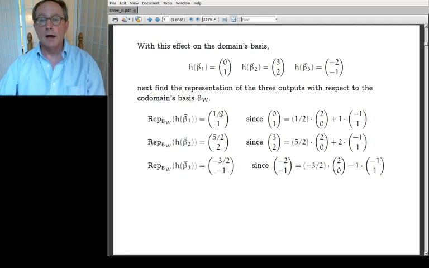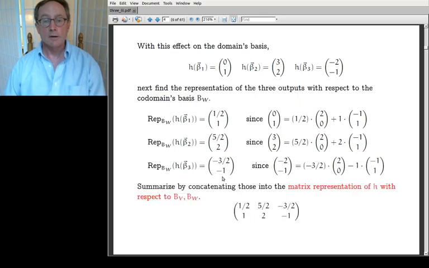And that'll be how we do the computation. So we wrote down the representation of 0, 1, the representation of 3, 2, and the representation of minus 2, minus 1. And I included the calculation if you want to remind yourself what representation means. So I represented 0, 1 with respect to the range space's basis. I represented 3, 2 with respect to the range space's basis. And I represented minus 2, minus 1 with respect to the range space's basis. And I got 6 different numbers: the 1/2, the 5/2, the minus 3/2, the 1, the 2, the minus 1. And they're just numbers. And again, I deliberately chose numbers that aren't pretty because sometimes you see more when the numbers are